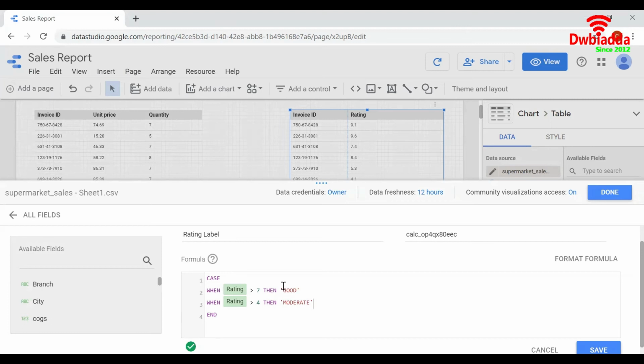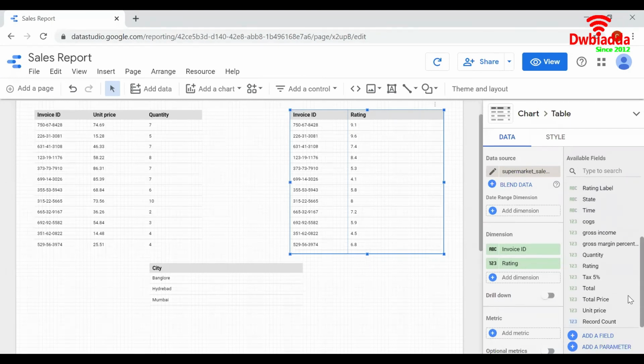If the output is in inverted commas, then the data type of the output will be text. Else, bad. If the formula is correct, it is indicated by a green tick mark. If there is some error in the formula, then it gets displayed in red color below. Click on save and click on done.